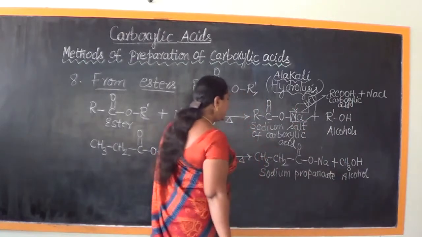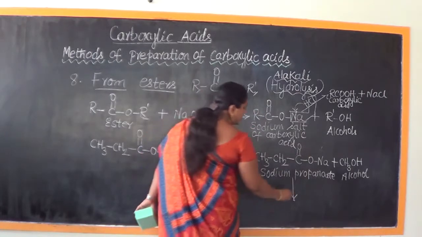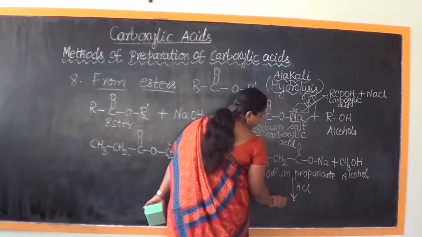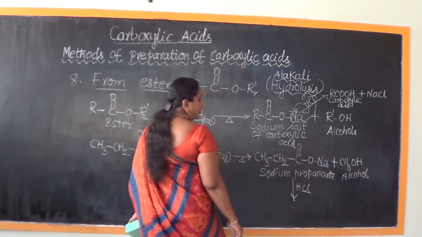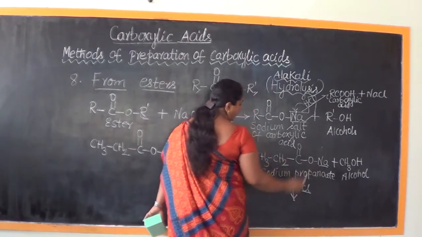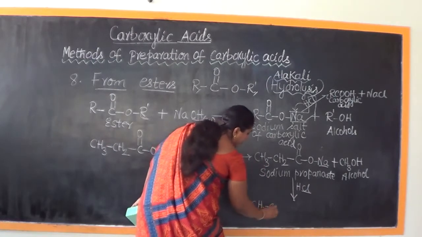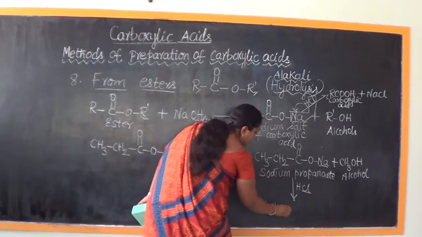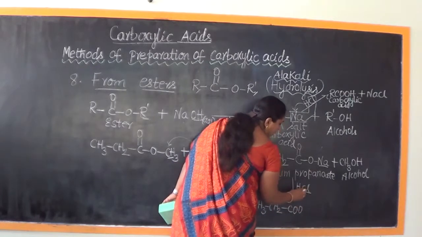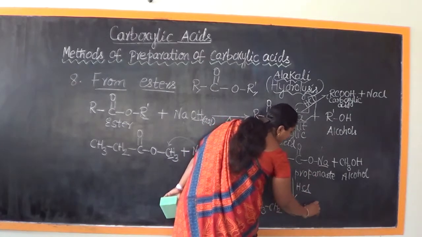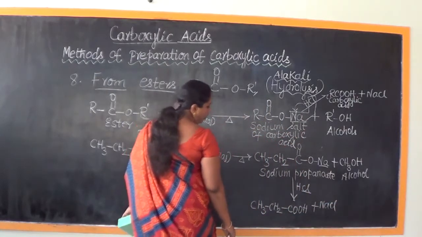So we obtain the corresponding carboxylic acid. So now let's do the same process here also. Let us subject it to the process of acidification with HCl. So what's that going to yield us? This Cl will combine with this Na, goes out as NaCl, and the place of Na will be occupied by H. Let me write that compound completely. CH3, then CH2 retain as it is, then COO, then in the place of Na it is going to be H. Along with this, what is it that we are going to get? NaCl.